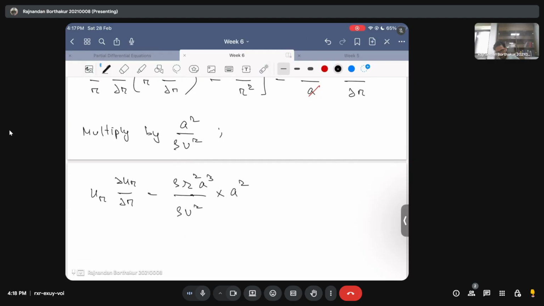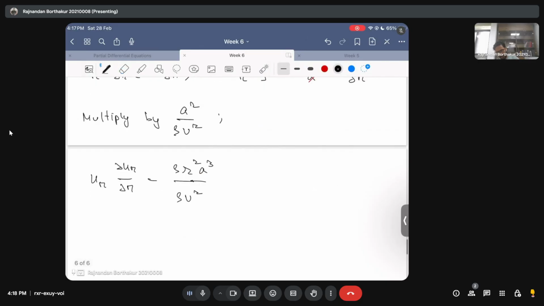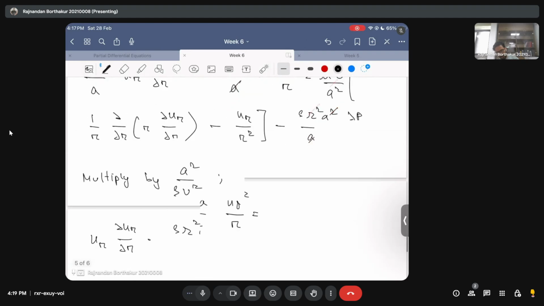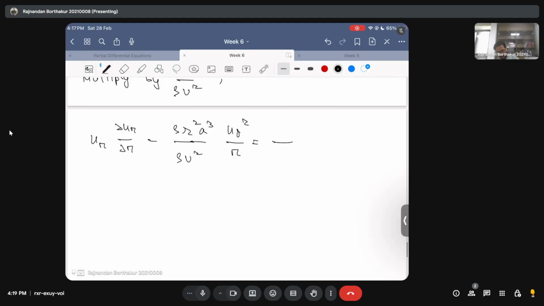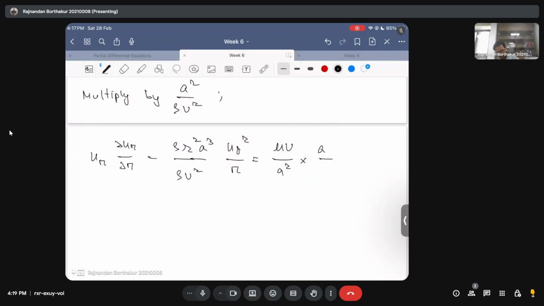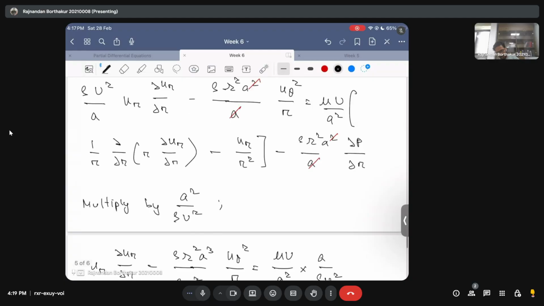That's the thing that you can say. Okay. All right. I'll just cancel this A squared here. Okay, and then this becomes U theta squared by R, and then this becomes what? So this is mu U by A squared, and I'm multiplying by A by rho U squared. Okay,